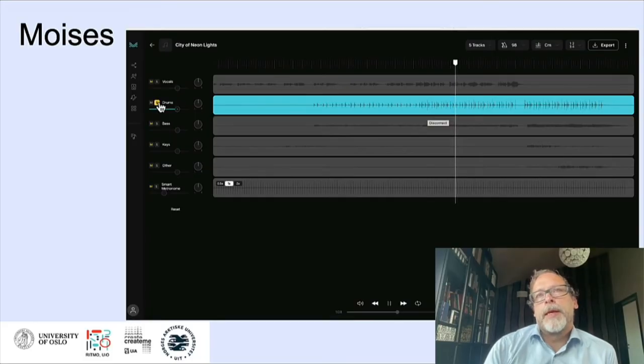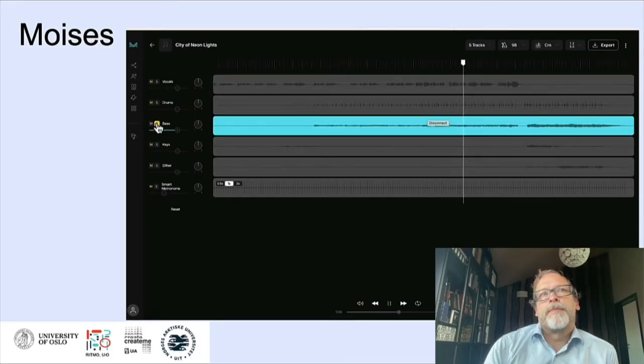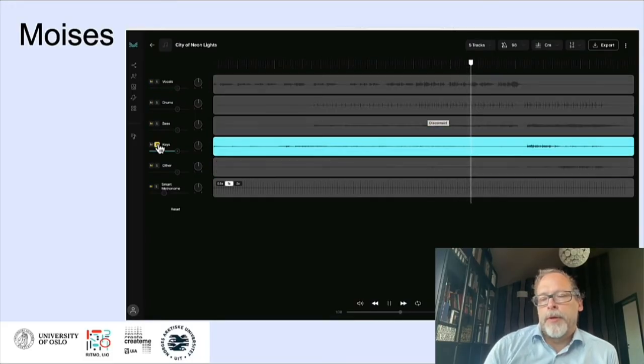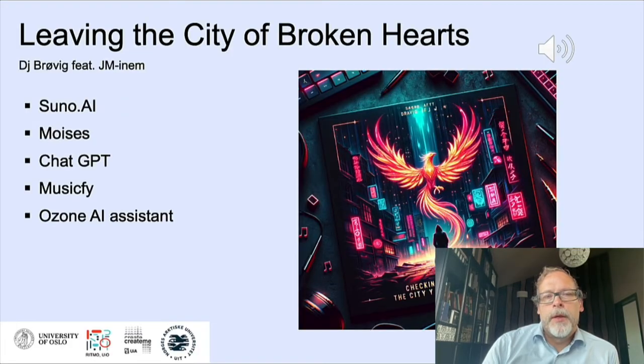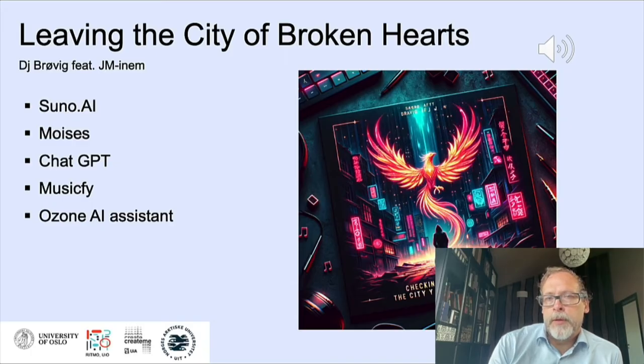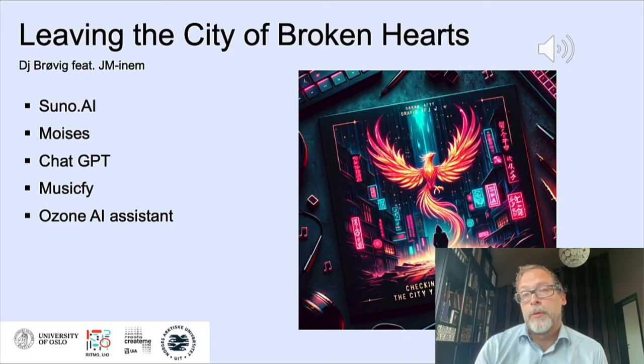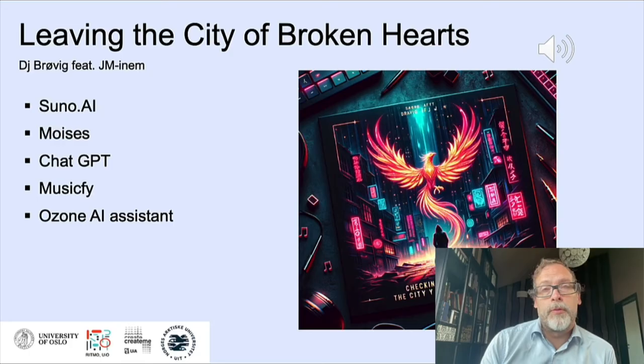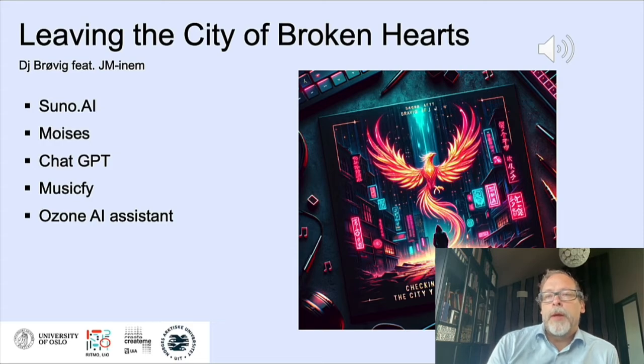Yeah, so here you see how the different tracks are separated. Then we added the bass and drums manually in the old-fashioned way. I also tried to regenerate the bass, but that didn't work out very well. So instrumentation is mostly done just in a traditional old school production way, because that was easier and quicker for just this creative process. And then we added some rapping, resulting in the following track.